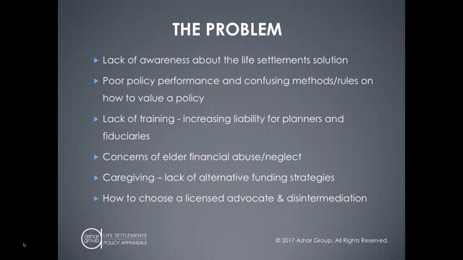Thankfully, companies like ITM 21st are doing webinars like this today, and many of the others that they provide throughout the year. But there are also types of concerns, whether it's elder financial abuse. We worked with a client on the West Coast where this is a pretty significant discussion. How are they documenting the file when dealing with senior clients? Are they omitting or not providing a comprehensive policy review and maybe ignoring the most valuable asset that client owns? Are they not getting the right type of caregiving? Because in order to fund that caregiving requirement, it takes a lot of liquidity, and that liquidity might be spread among the children, the adult children, and they can't afford to put it all together. Maybe it's caused levels of dysfunction. There's so many things to do.